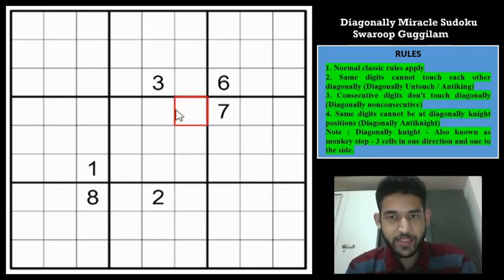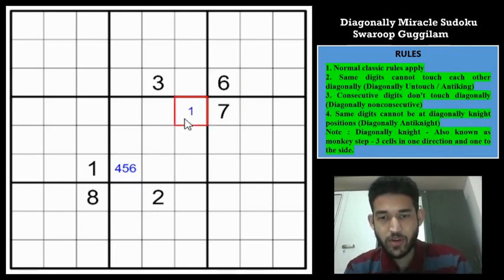So this cell and this cell in particular look to be really constrained because there are 3 digits around it. So let us start marking possibilities. So this cell can't have 1, 2 or 8, because then 2 and 8 will be diagonally touching. Also they can't have 3, 7 and 9, right? Because then 3 is consecutive to 2 and 7 and 9 are consecutive to 8. So this can only be 4, 5 or 6. Nothing else. Let us look at the 3, 6, 7 now. So it can't be 3, 6, 7. Also it can't be 2, 4 because diagonally consecutive to 3 and 5, 7. So 2, 3, 4, 5, 6 and 7. So this can only be 1, 8 or 9.